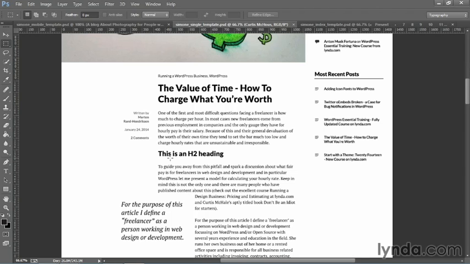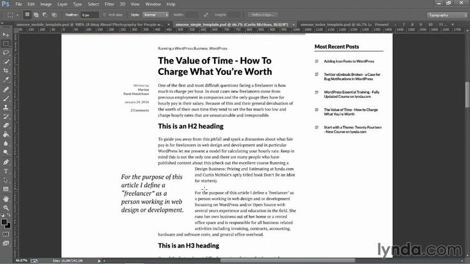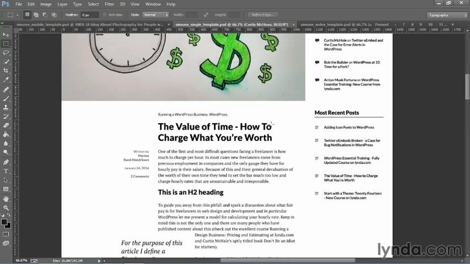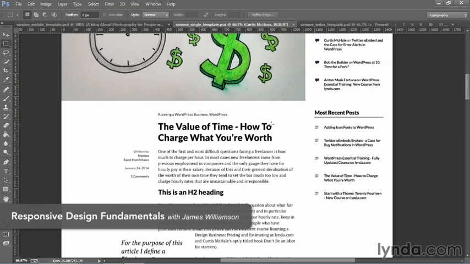So in the design I created for the site, the content always stays in the middle. When there's room, some of the content will shift out, like this pull quote, both to the left and to the right-hand side, and the sidebar will stick to the right-hand side of the screen. So as you expand the view on your screen, you'll see the sidebar sticking to the right at all times. All of this is accomplished using responsive web design techniques. If you want to learn more about responsive web design, you should check out the Responsive Web Design Fundamentals course